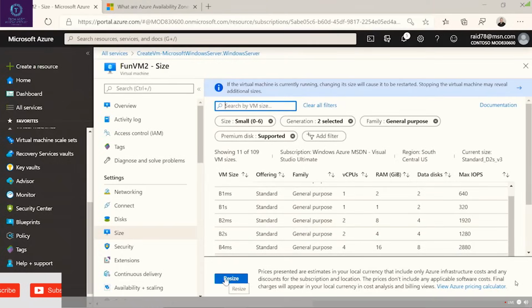When you click on resize, there is a period of downtime that occurs because we have to reallocate new hardware. We have to move this VM to new hardware. The cool thing about that downtime is it's fairly minimal. When I say minimal, think seconds, because we actually have to move this file to a brand new set of hardware and redeploy it. Now, from my personal experience, if you stay inside the same family, like the D series,